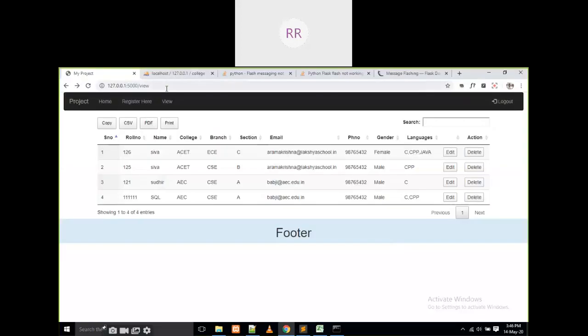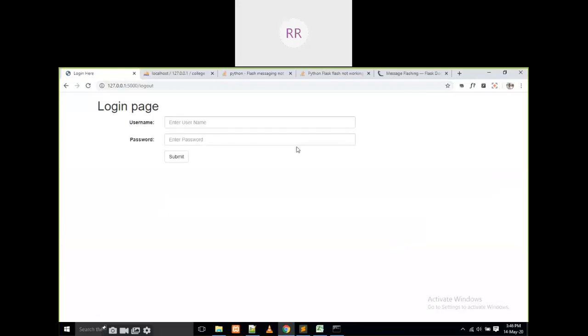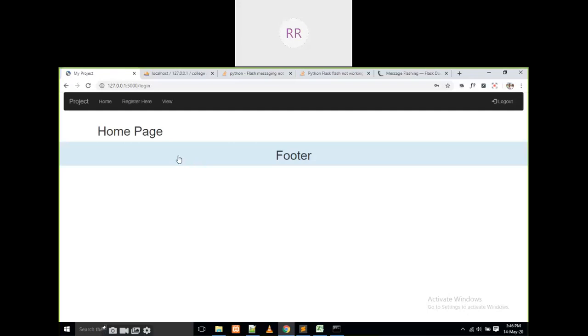For example, here I am going to give some logout. Here I am going to write some login details. Yes, it is moving into the home page.